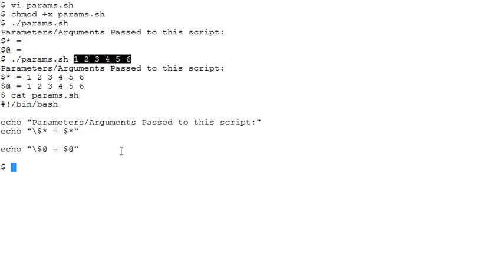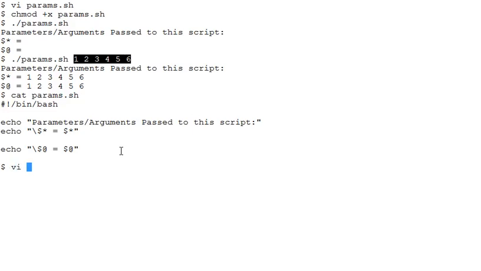And I have shown you that $1 refers to the first item, $2 refers to the second item, and so on. So in case we don't know how many items are being passed to our script and we want to process each one of them one by one, how to do that?